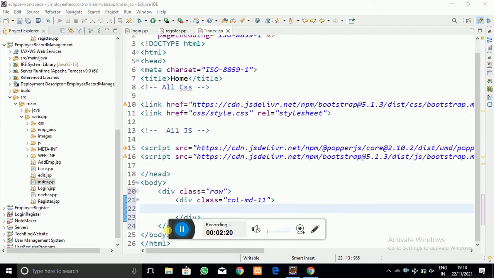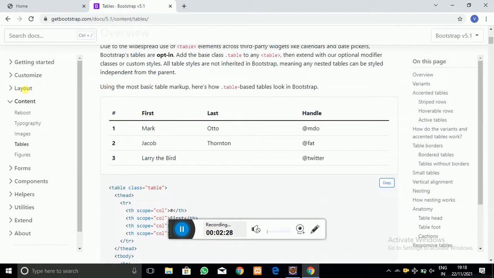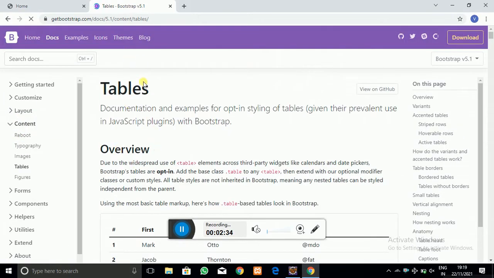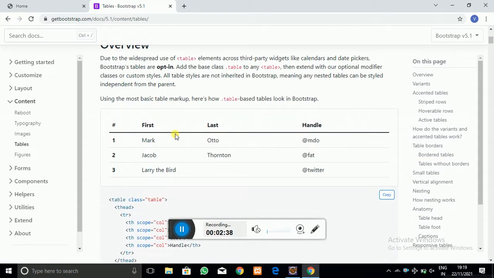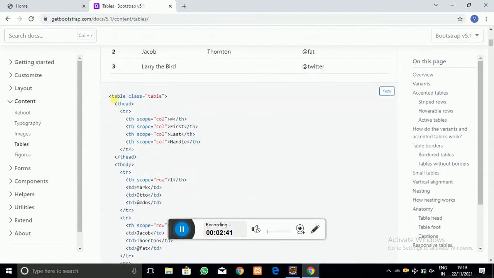Instead of using the table tag directly, I am going to the bootstrap website and search for tables. Here you can see the table, and whatever I require, I am going to copy from here and paste into the code.